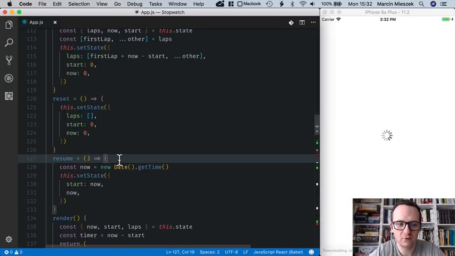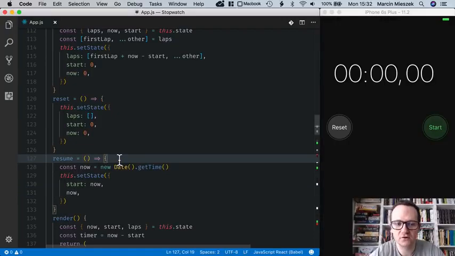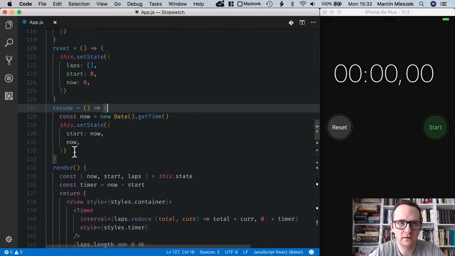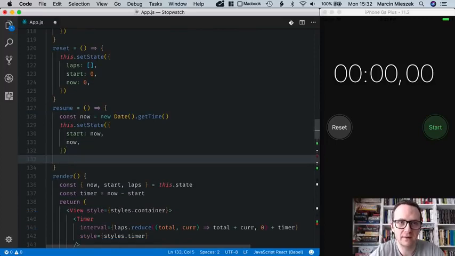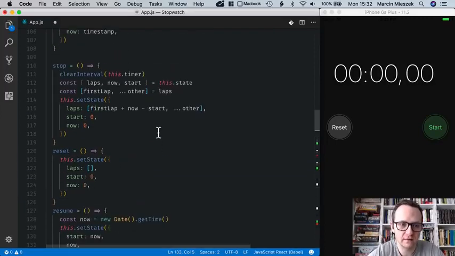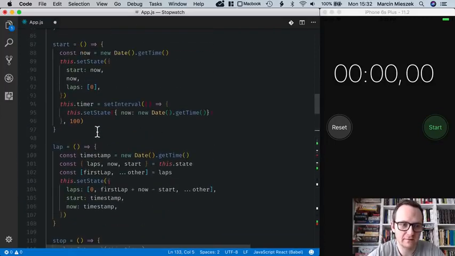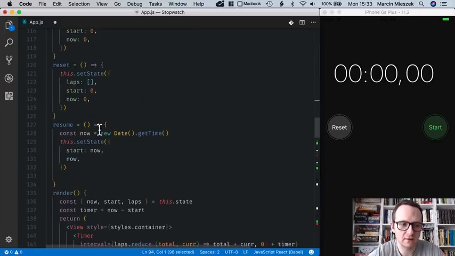When we resume, we don't touch the laps array because we don't add anything or remove. The next thing to do is to start the timer again. So we do this the same way like in the start method. So let's copy it